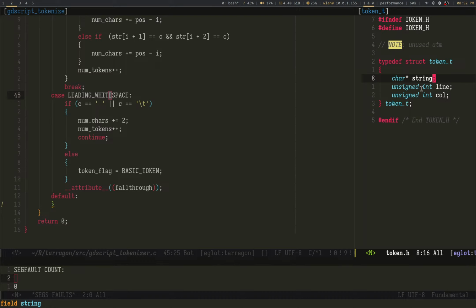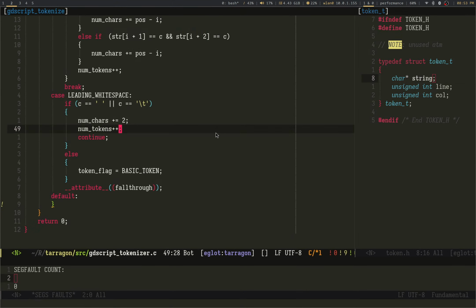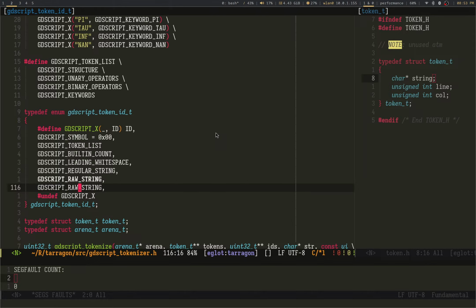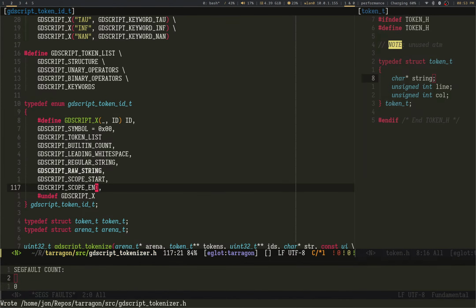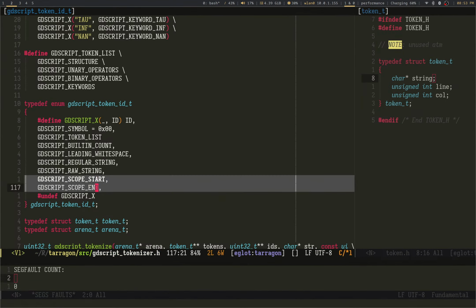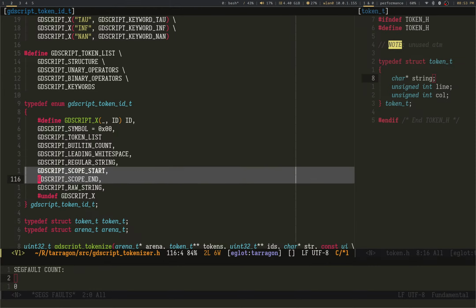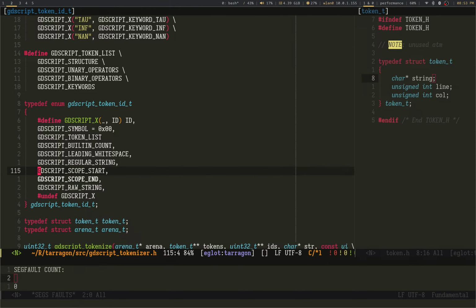I'm probably gonna add a fake scope token, and it's just gonna suck up all the leading white space, and we'll figure it out. But I wish I had curly braces, but I don't have curly braces, and this should be in the structure, but got nothing for it. But I'll probably use them.